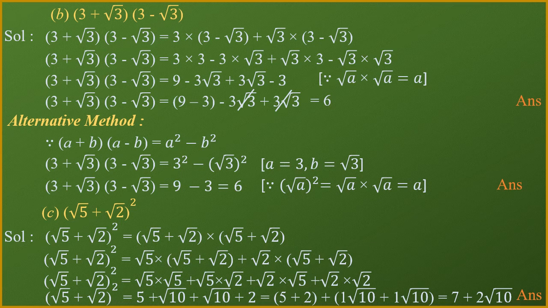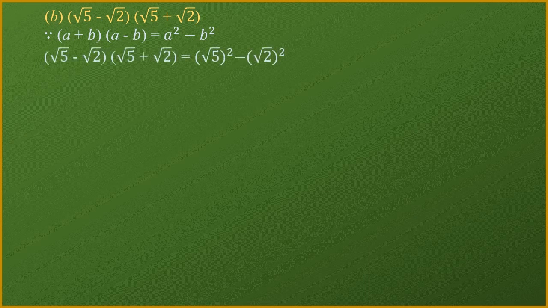Otherwise, you can apply the formula a plus b whole square. That is also quite simple for you. Only in the examination, that formula can be applicable in such kinds of questions. Let's see the next one. The next question is root of 5 minus root of 2 multiplied with root of 5 plus root of 2. Again observe, this question can be done with the help of the formula a plus b into a minus b. Here if I compare, I can say that the value of a is root of 5 while the value of b is root of 2.